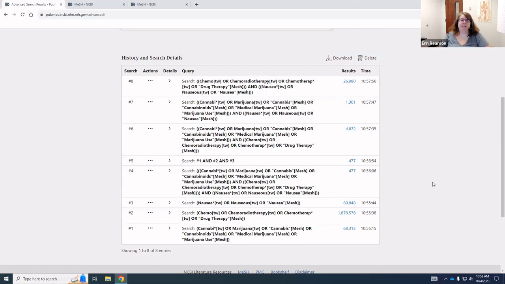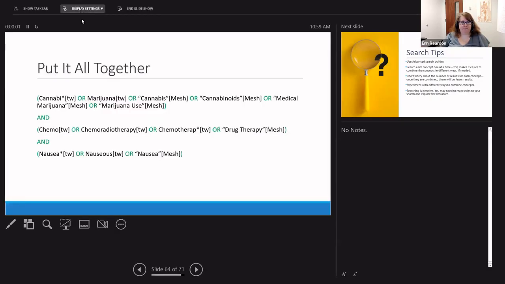So that is basically how you build a comprehensive search. The next step would be to look at the search results and refine them, see if it's what you're looking for. If you find more keywords to use, you can go back and add those keywords to your search and run the search again to see what you find. If you're finding a lot of articles that aren't what you're looking for at all, then you would want to look at those articles and see, why is this one being found? What keyword am I entering that's finding this article? And can I take that keyword out and not miss out on other relevant articles?